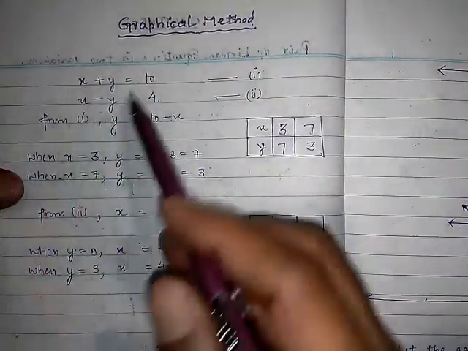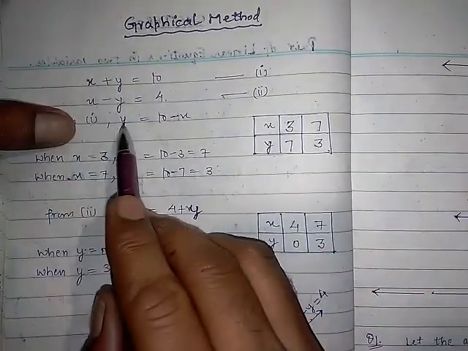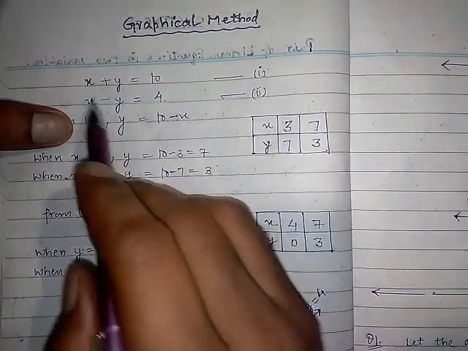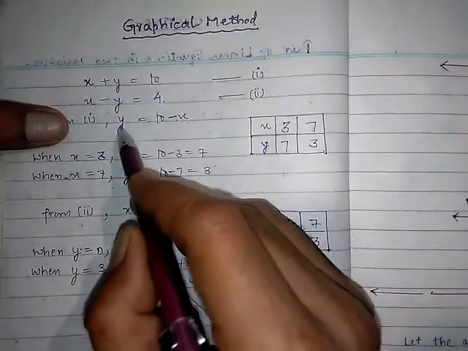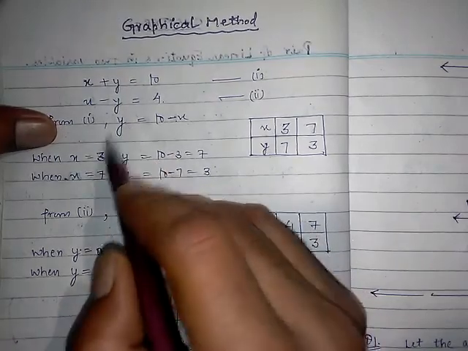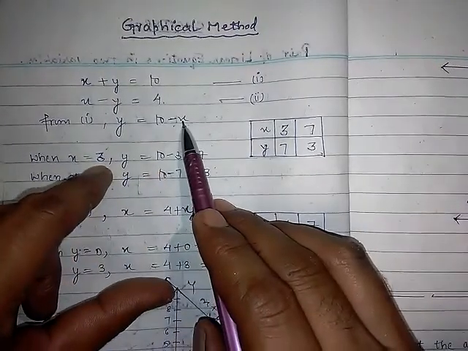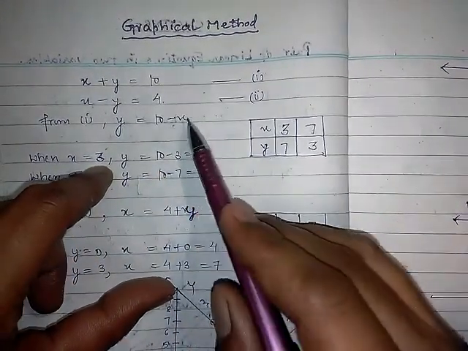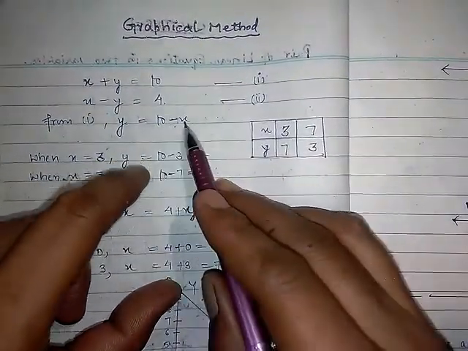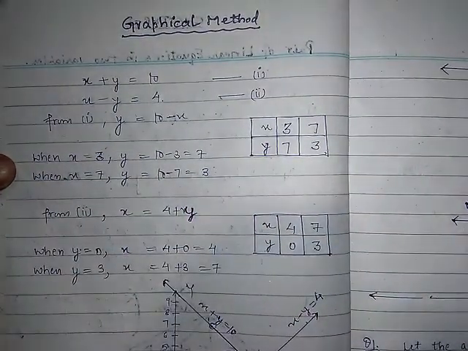So what you will do, this is the repetition of the ninth class only. From one equation you can find out the value of one variable in the form of another. This is my method, otherwise many solve it like this only, but it is better for you to avoid mistakes in calculation. You can keep one variable on one side and shift the other to the other side. Now you will suggest the value of x here, because x is on the right hand side. So you will start putting the values of x. I have selected 3 as the value. 10 minus 3 will give you what? 7.